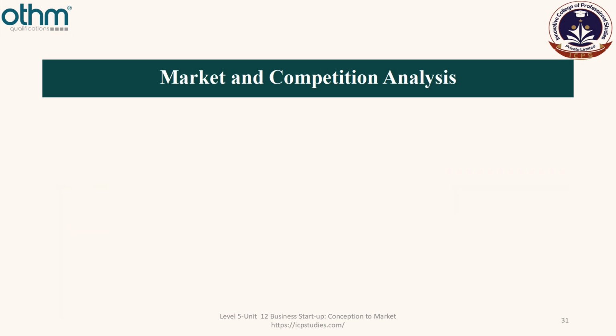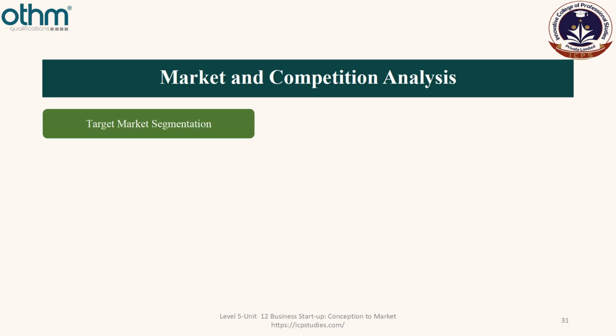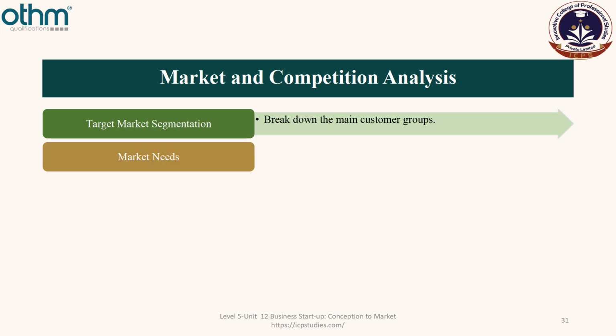Then we have the market and competition analysis. So first we have the target market segmentation. We break down the main customer groups into different segments to target them. And we have different segmentations, for example, demographic segmentation, geographic segmentation, behavioral segmentation, psychographic segmentation, and we break down our customer groups like that. Then we have market needs, in which we